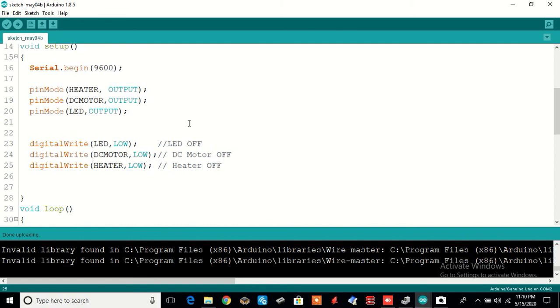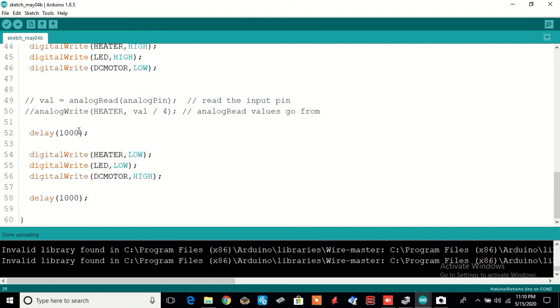So that is as far as the configuration is concerned. As far as the compiler, whenever you have any changes, for example, I will slightly reduce this delay. Say I will make it 500 on time and 500 off time.